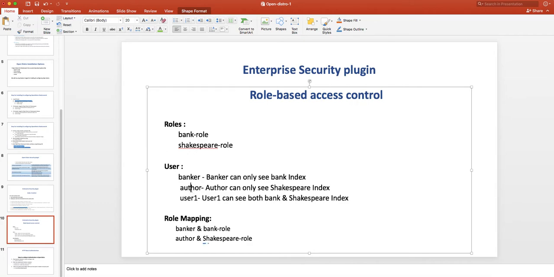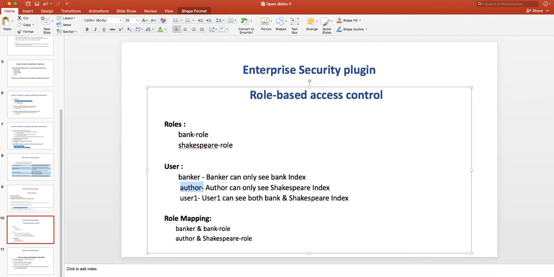So we're going to have three users: banker, that will be mapped to the bank role; author, that will be mapped to the Shakespeare role; and the third, user one, will be mapped to the bank Shakespeare role. So banker can only access the bank index because we will map these two.